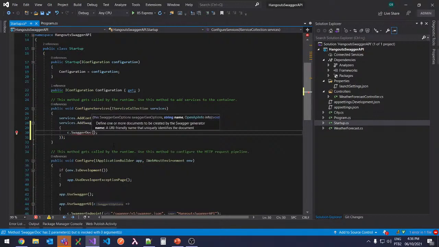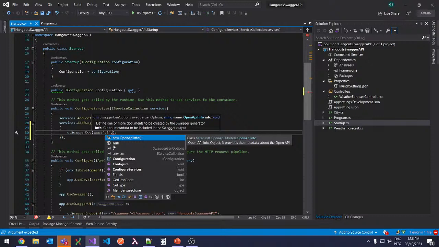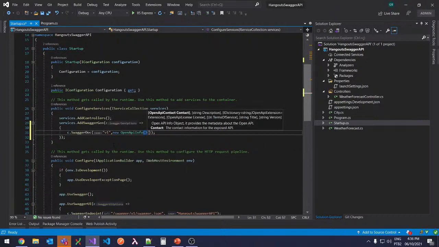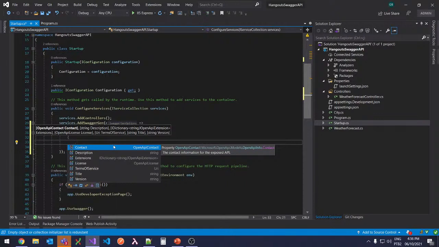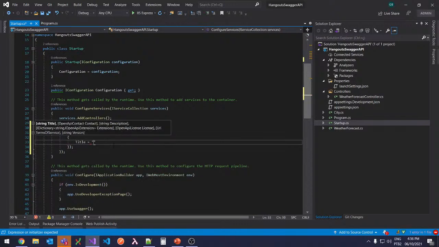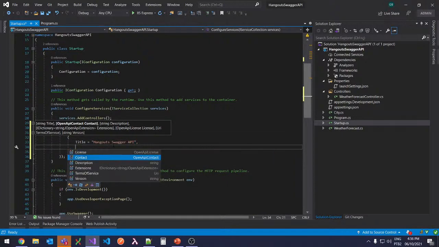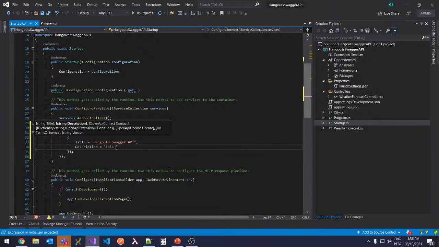The first parameter, which is asking me for, is the name of the Swagger doc. I'm going to put v1, okay, and I'm going to create a new OpenAPI info, where I can actually put information about my API. So let's put some title. It will be the Hangouts Swagger API. Let's put some description about my API. So this is an API example for,